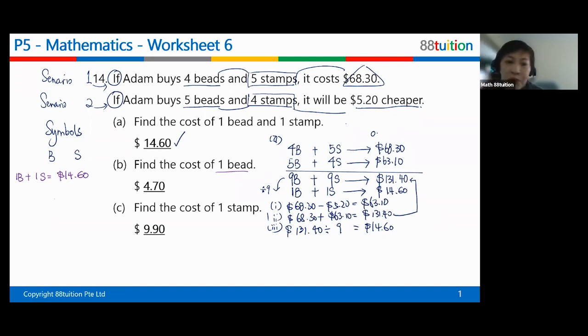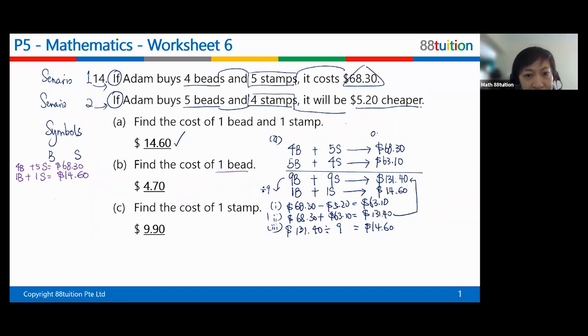I choose scenario 1 of 4 bits and 5 stamps, because this is originally given to you at $68.30. If I compare that one pair of bits and stamps and relate it to 4 bits and 5 stamps,